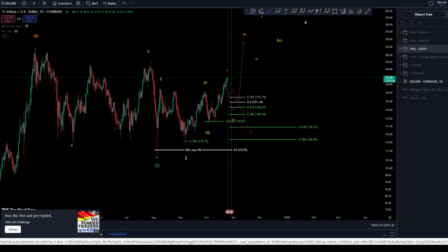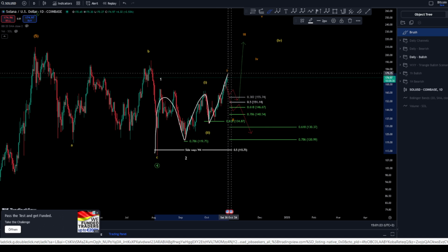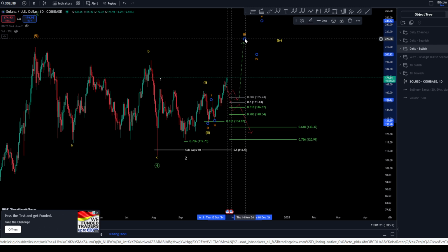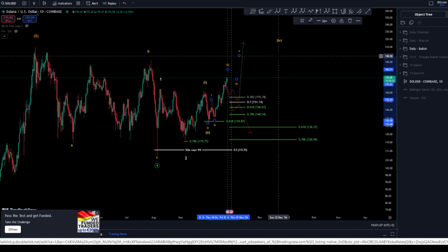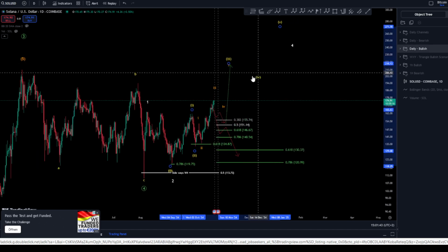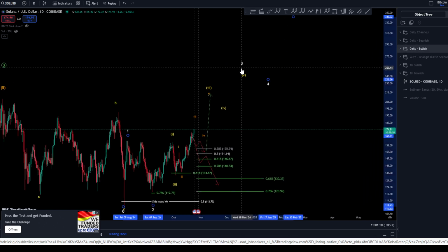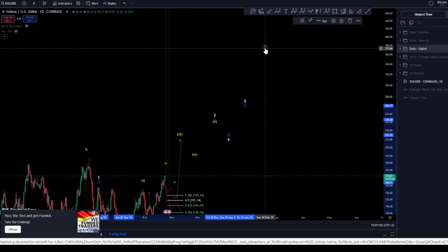Now, if we look here at our bullish scenario, as I said, we are looking for 1, 2 in white, and then another 1, 2 in yellow. Now, is this gonna be your orange scenario as 1, 2 again, and 3, 4, 5, or is it gonna be 1, 2, and then 3, then 4, and then 5? In that scenario, of course, you have finished your wave 3 in yellow here, right? After the 5 in orange, and then your 4, 5 in yellow there, of course, to finish your wave 3 in white, which is this big impulse here, and then finishing this wave 5.